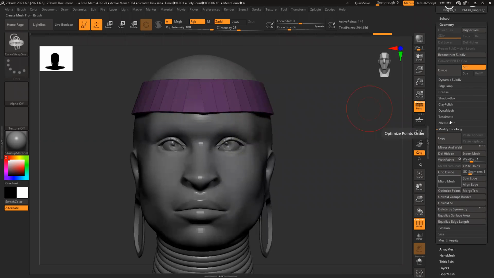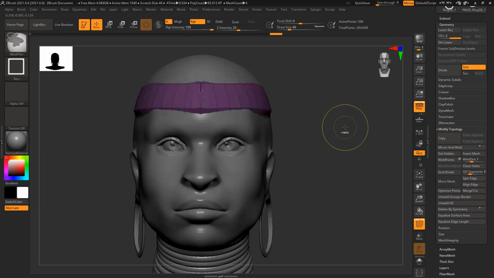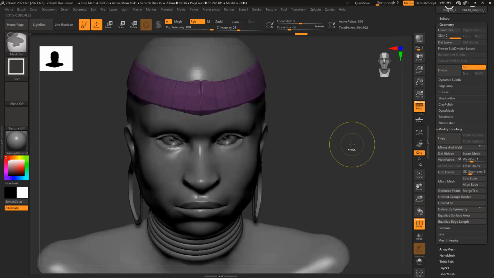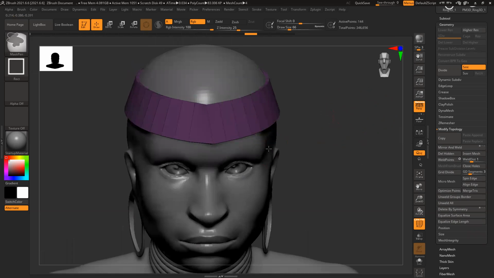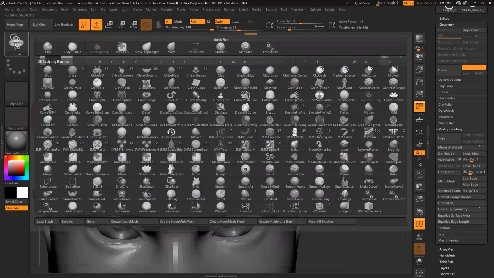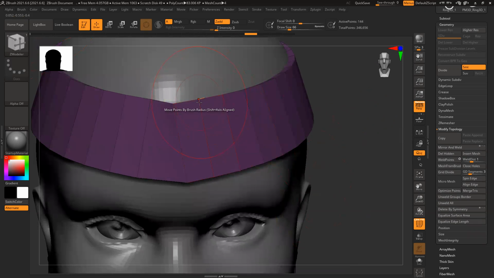And now, if you feel like this is not perfect and I want it perfectly symmetrical, the easiest way is something called mirror and weld. Click it, and then you can remesh it. Suppose all these corners are not very clean, I can create this thing like this. So I'll just invert it first. So just Control D, D. But still the strap, I need to hold this shape. Remesher. Yes. Remesher. Just click here.